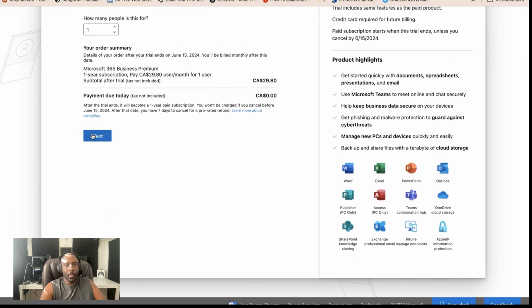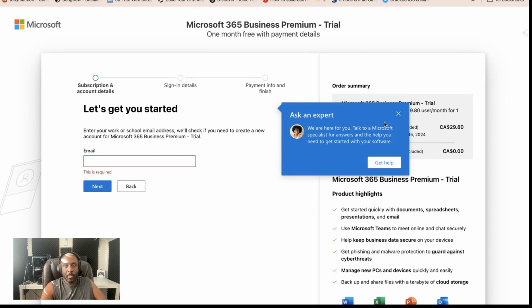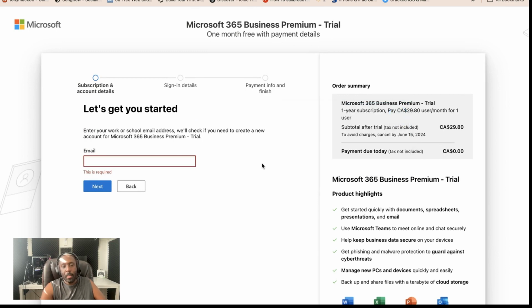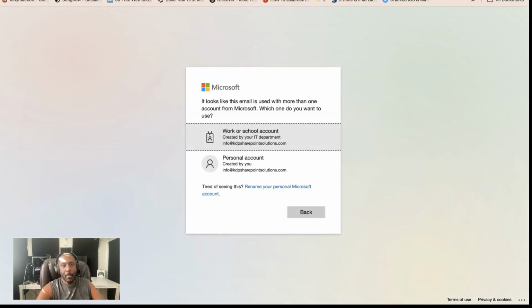You'll have to sign up and do all that jazz. But ultimately, once you're done, you'll then be able to log in. Okay, so I already have my own trial, so I'm not going to do all that. But once all that's done, you simply go to portal.office.com. And then when you sign up for this free trial, you're going to have your email and credentials that you got to set up. Once that's done, you'll then be able to go to portal.office.com